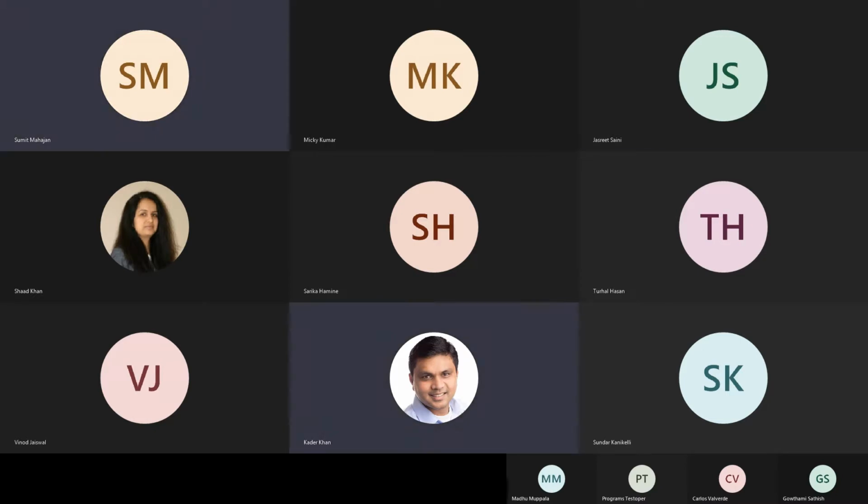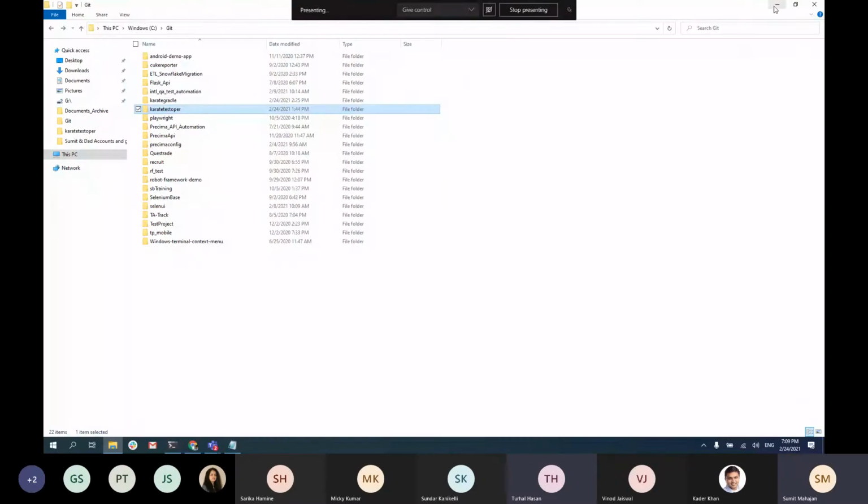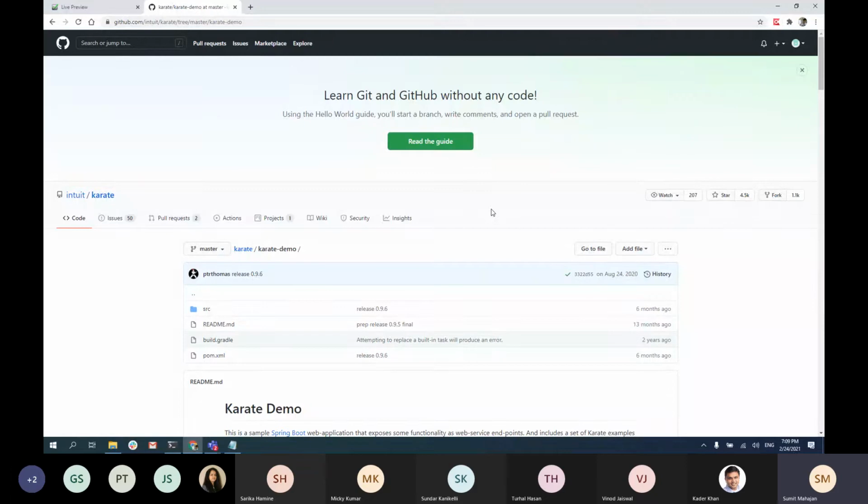All right. I'll share my screen. So today, what we'll do is we'll go through the framework setup on Karate by looking at one of their own setups on how they've done it.